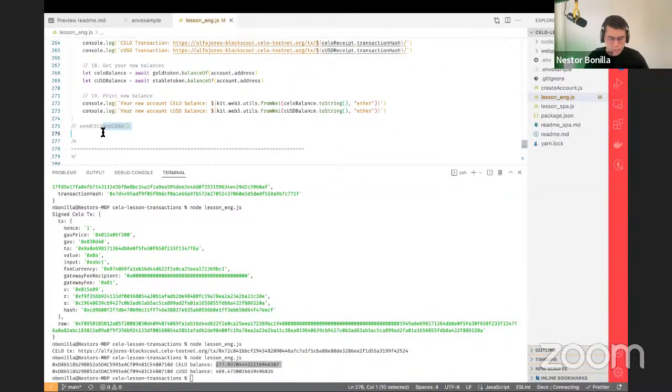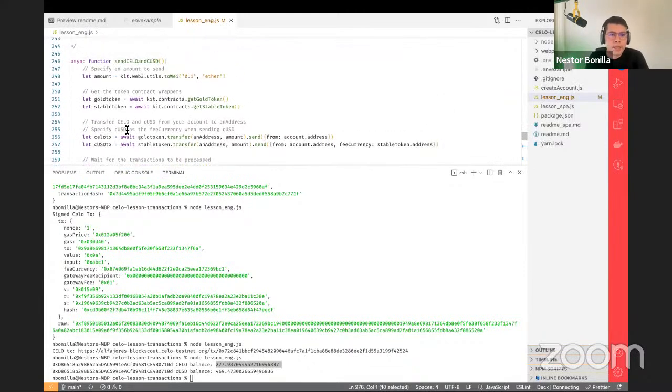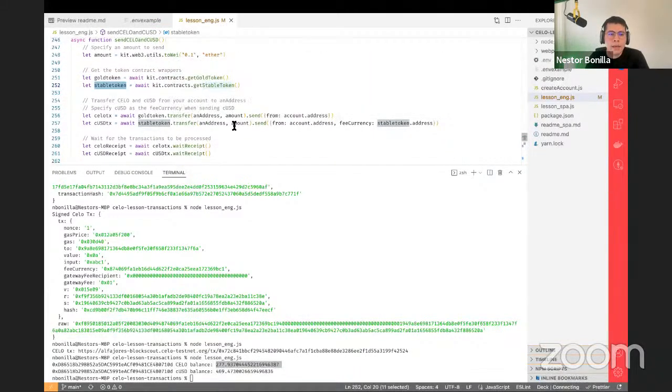So for that, we can always use the ContractKit. We are gonna get the address of the Celo stablecoins in stable tokens, and then we can do a transfer, right?